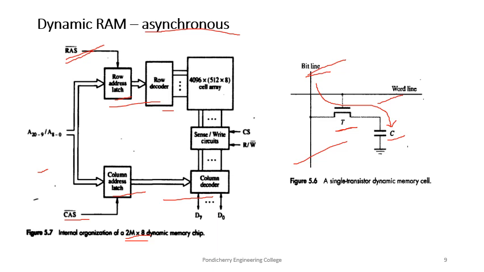In this mode, the transfer of bytes is done in sequential order, which can be made possible by applying a consecutive sequence of column addresses under the control of successive column address strobe signals. This scheme allows transferring a complete block of data at a much faster rate than can be achieved for transfers involving random addresses.